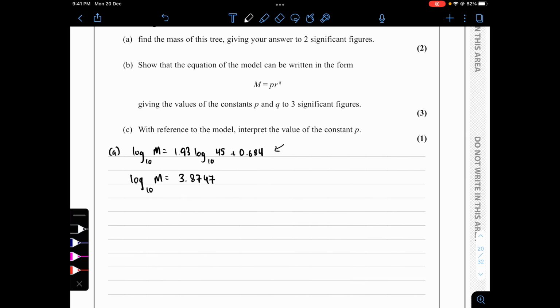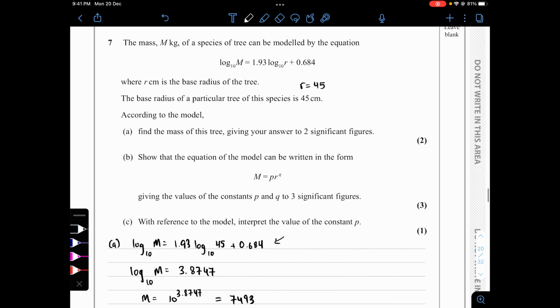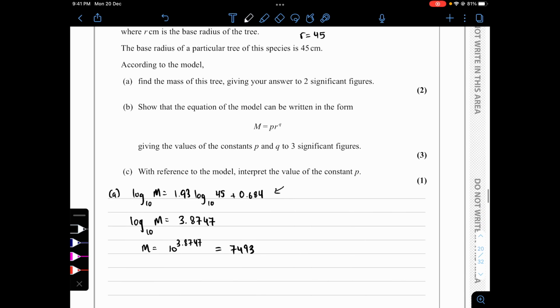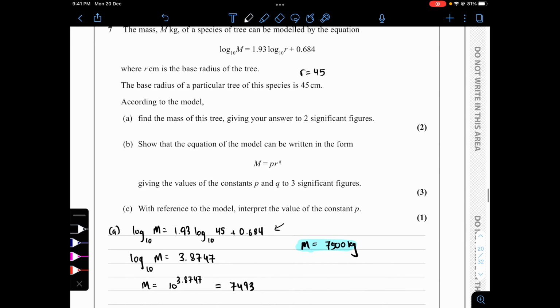That's what we get. And now to convert this into indices form, it now will be m equals 10 to the power of 3.8747, which will be equivalent to 7493 kilograms, but they want it in 2 sig fig, so that will be m equals 7,500 kilograms. That's our final answer. Alright, now it says show that the equation